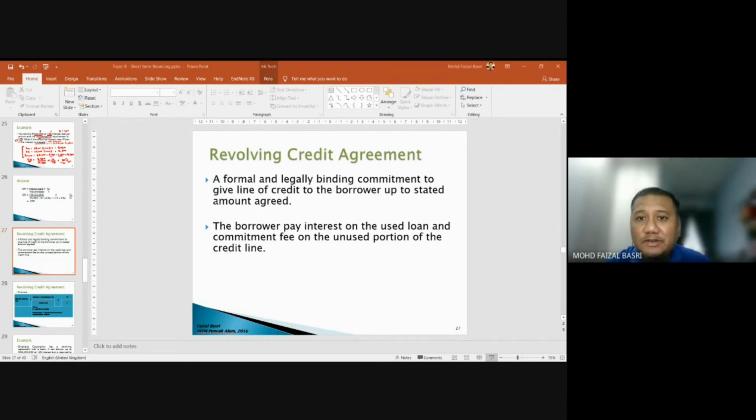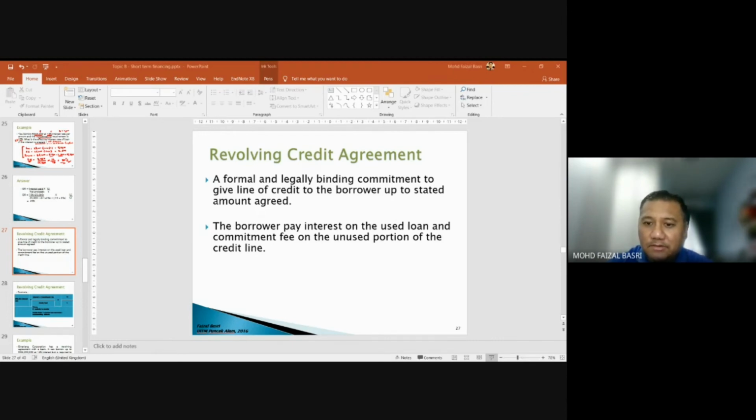So 6,000 ringgit. Okay, 6,000 ringgit is the commitment fees. Okay, this is the commitment fees. Okay, so obviously akan ada proceed lah kejap lagi. So the proceed would be